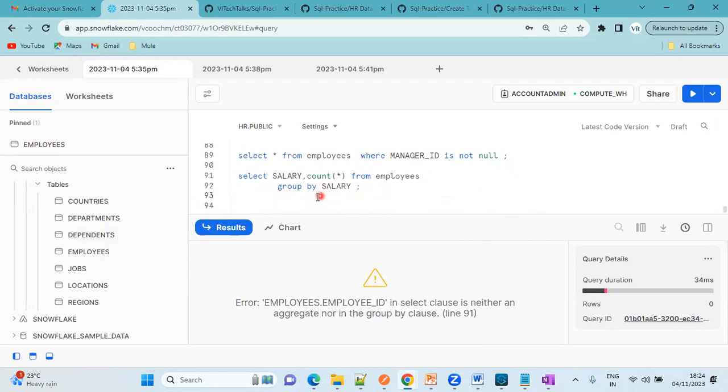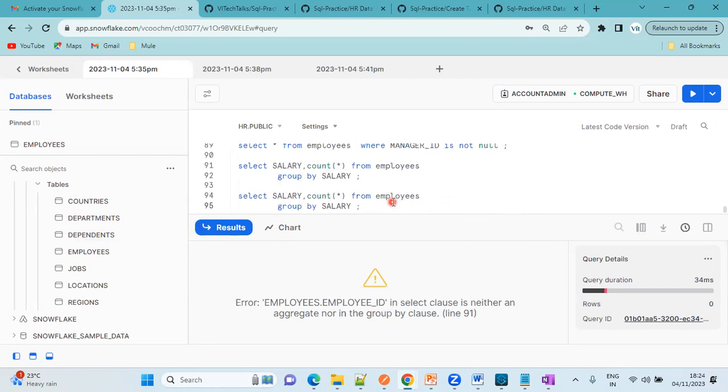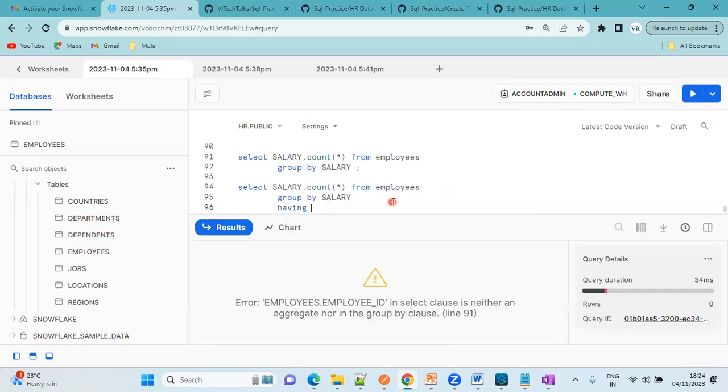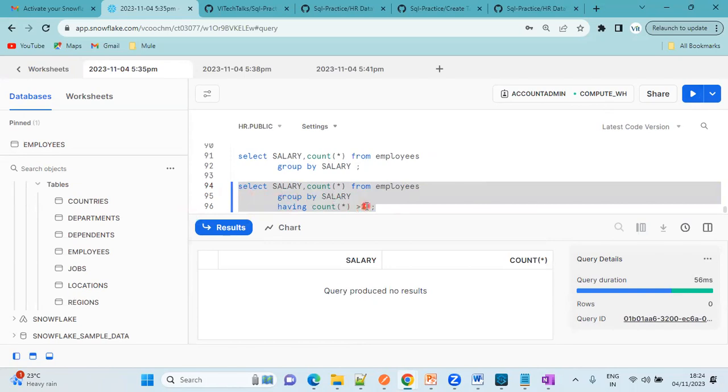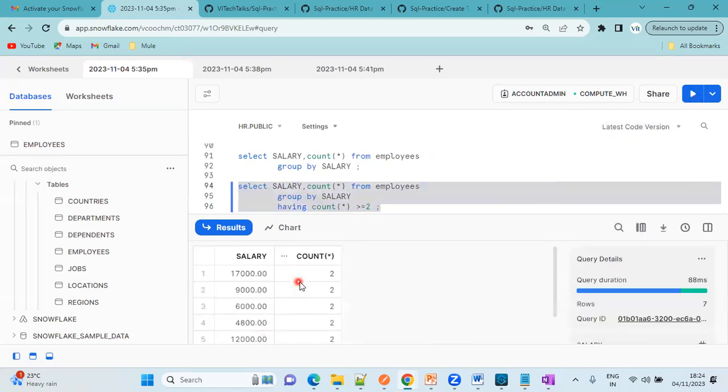Now, for the same salary, group by, having is the keyword we need to apply. Count star greater than or equal to 2. This query we need to fire. Having count greater than or equal to 2, right? Okay, there are only a few rows present, I think. The count is 2 for